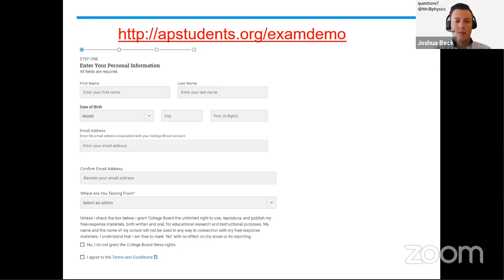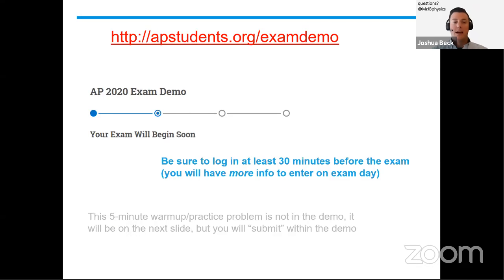All right, you can read that little box there. You can check no if you do not want to grant these rights, but you do have to agree to the terms and conditions, and then click next. Now at this screen,